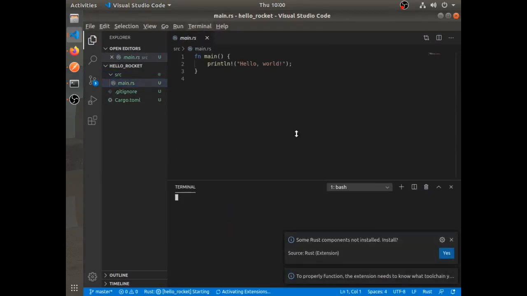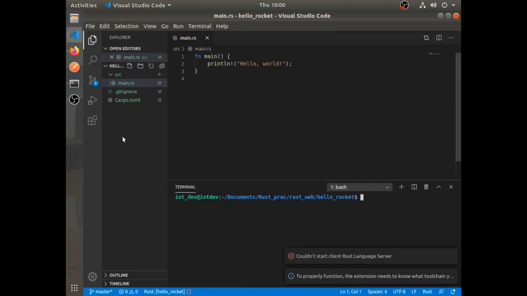Now after opening the project directory, let's add the Rocket dependency in our cargo.toml file.